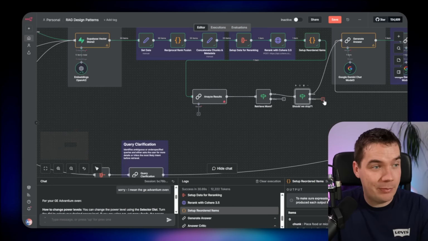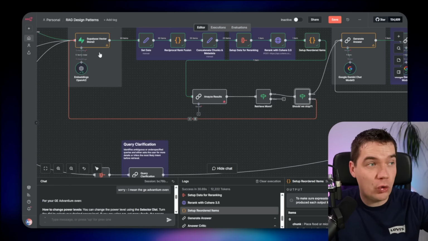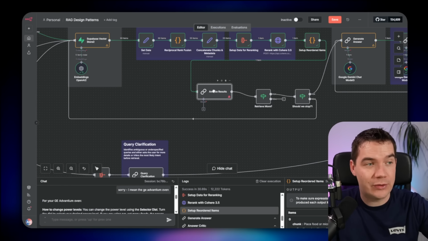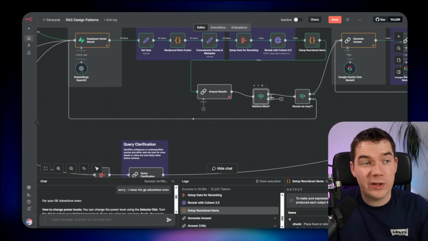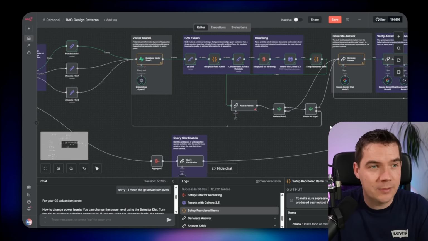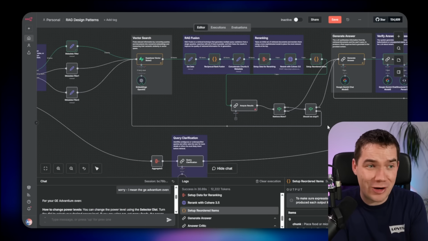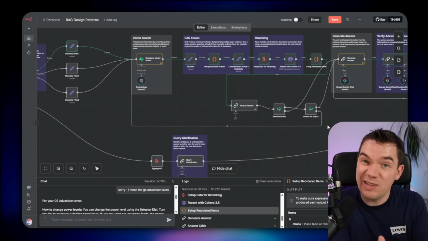If we shouldn't stop, if we can go again, then we go back to the vector store. And we pass in the new queries that were generated from this analyze results node. And if the retrieve more says we're done, we can also just connect that up to the generate answer. So that's the type of implementation you would need. Of course, this would also increase the time it takes to generate a response. So again, back to the use cases, if you really need high quality responses, this is a good pattern to